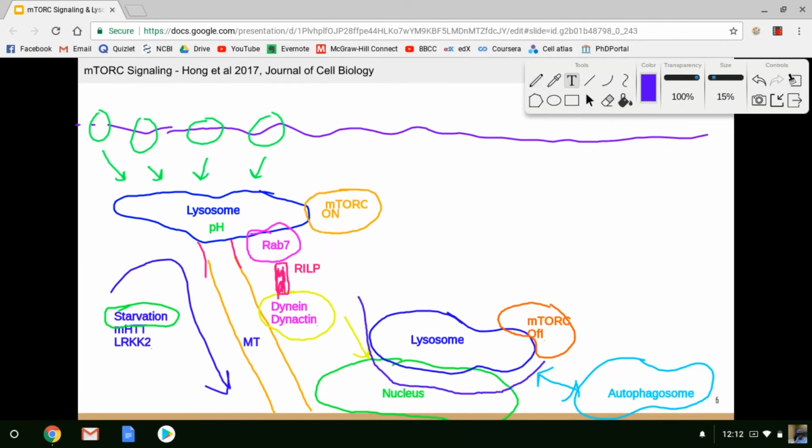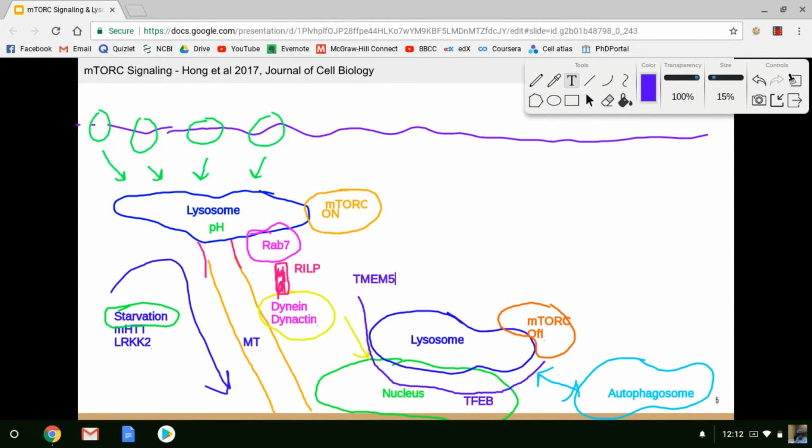So TFEB is allowed to enter the nucleus. We talked about the transcription factor that binds CLEAR elements, and it's normally constitutively inhibited by mTORC. When mTORC is off, it allows TFEB to enter the nucleus and prime gene expression. And one of the, a very recent paper found a specific mRNA and protein that is upregulated following TFEB translocation